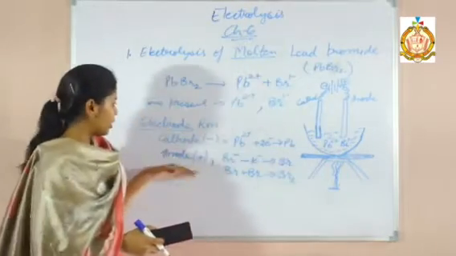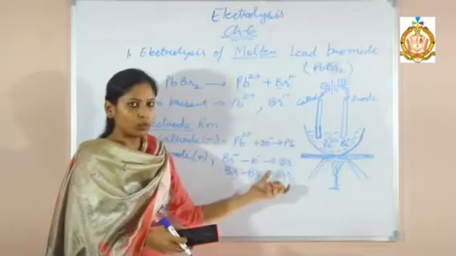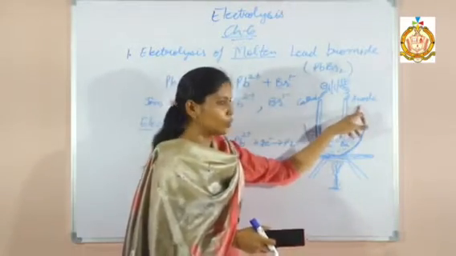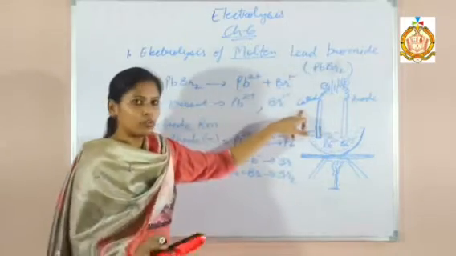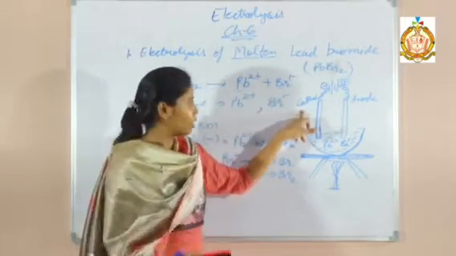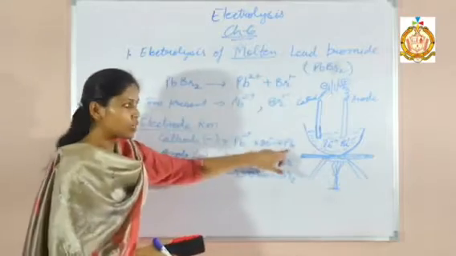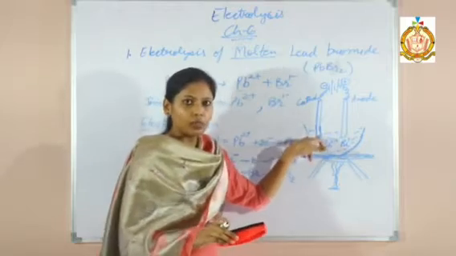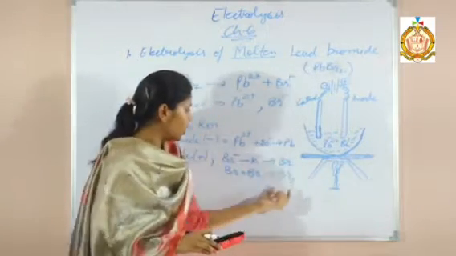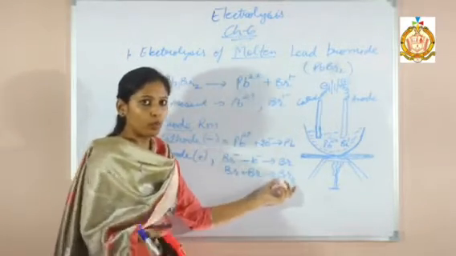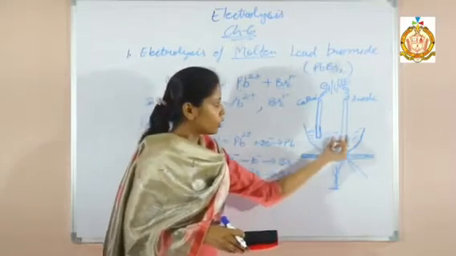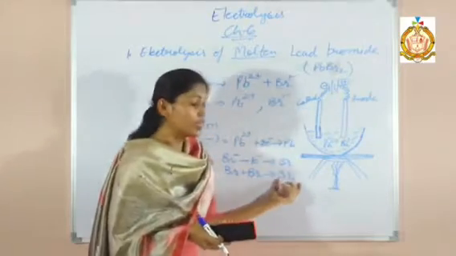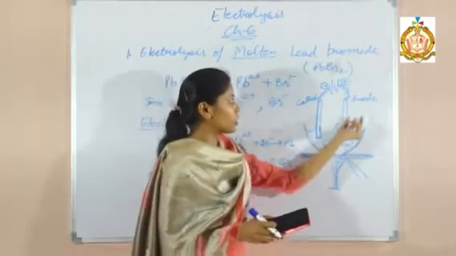In the exam they can ask the product at cathode, reaction at cathode, or one more important question is there. What do you observe at cathode and anode? This is the most important question. So observation is always regarding the color, smell, etc. So at cathode, which color metal is deposited? Grayish white metal deposit at cathode. And when we say bromine, you cannot say bromine deposit because it is a gas. So gas always evolves. Bromine evolves at anode, reddish brown gas.